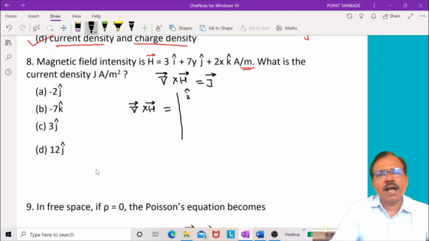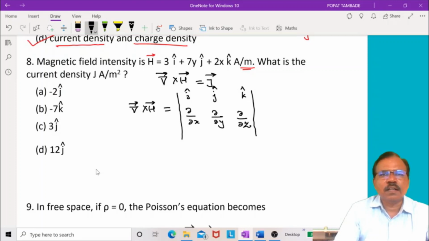We can write here i, j, k, ∂/∂x, ∂/∂y, ∂/∂z, and here 3, 7y and 2x. Now solve this. If we solve this, we will get i times ∂/∂y of 2x minus ∂/∂z of 7y